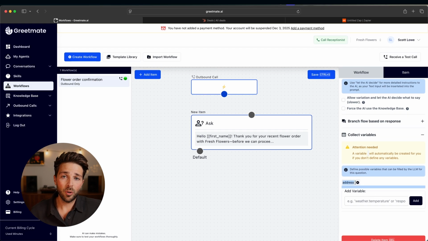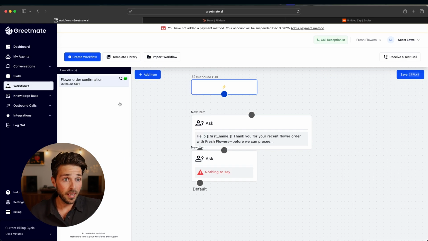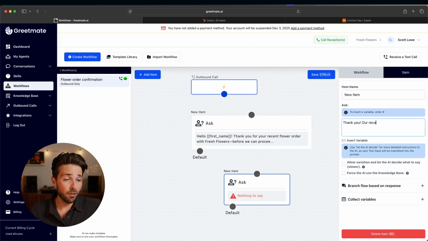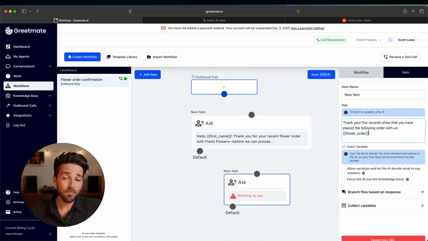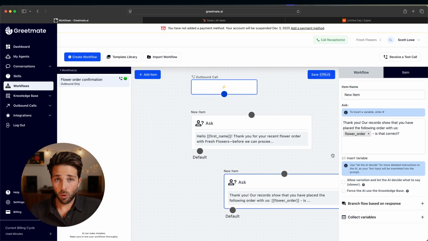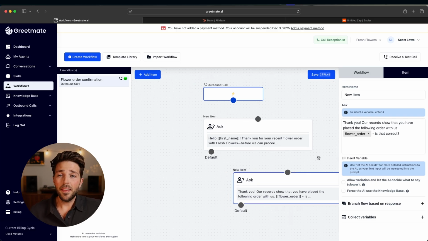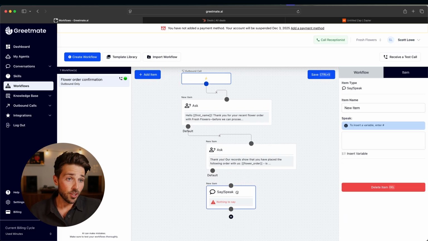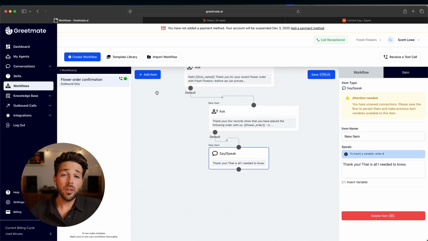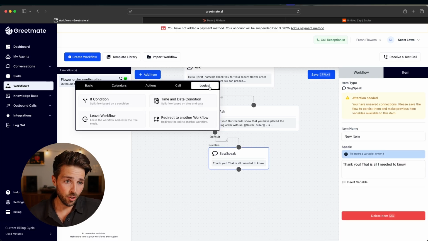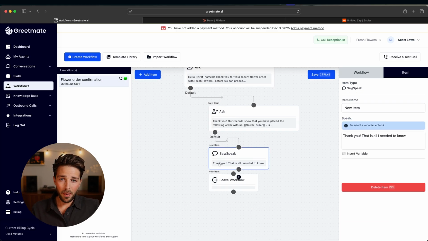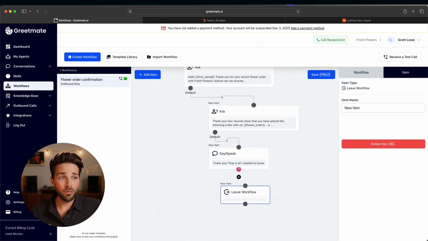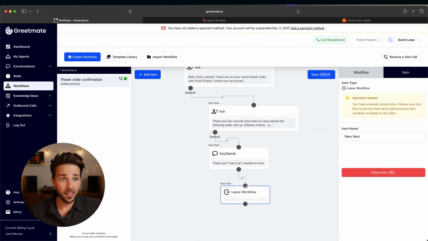But for now, the workflow confirms the order. Something like, our records show that you placed the following order, flower order. Is that correct? And the flower order value is going to come straight from HubSpot via Zapier. And then once we've confirmed everything, we'll keep the ending nice and simple. The agent says something like, thank you, that's all I needed to know. Then we'll use the leave workflow action. When the workflow ends, Greetmate automatically falls back to its default behavior and asks if there's anything else that the